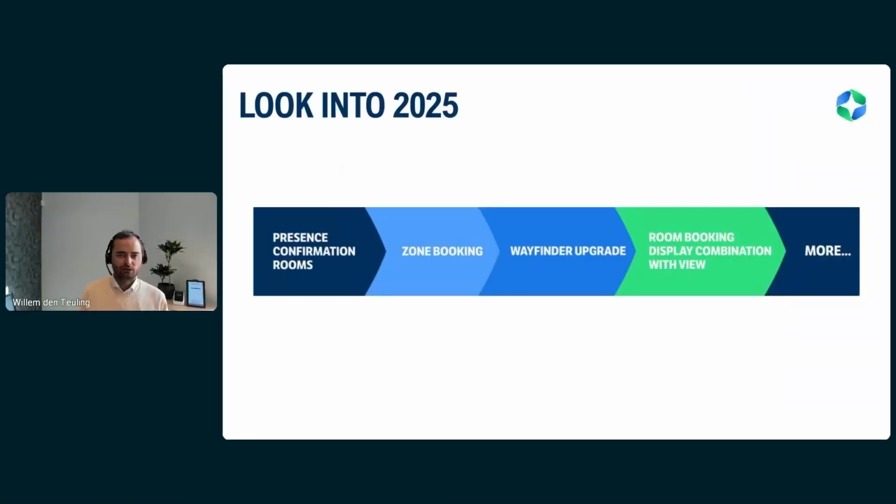Then also a look into later in 2025. So zone booking and Wayfinders, of course, mentioned, but also presence confirmation for rooms, something which will be starting in Q2. And later in the year, we're also looking at a room booking combination with our digital signage, which will mean that you can actually have a full experience for room booking with digital signage as well, where you could have the digital signage on the display outside of the meeting room when it's not used for